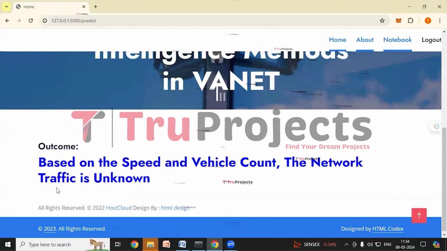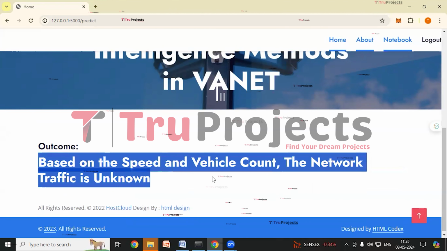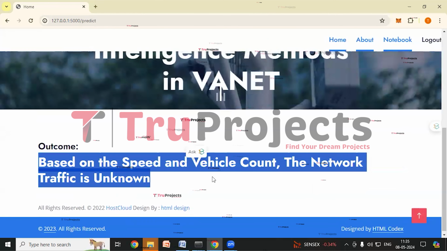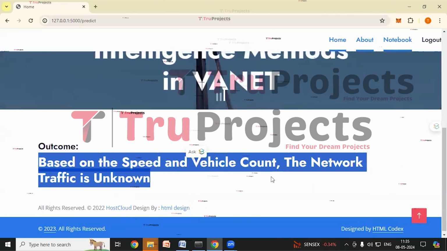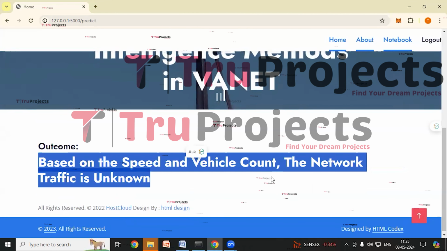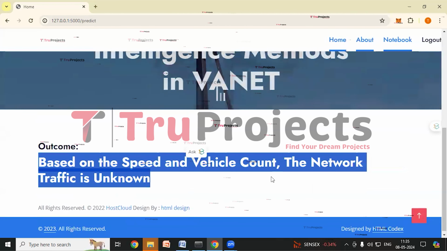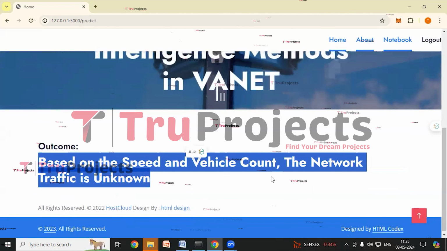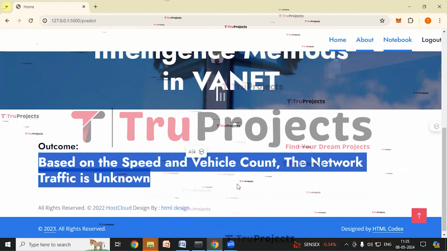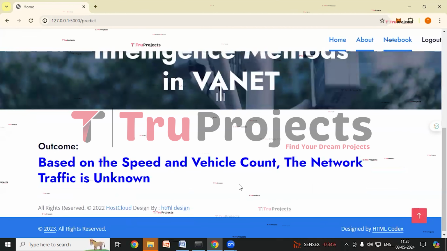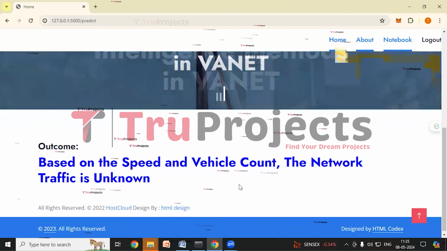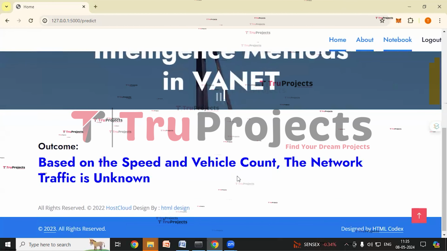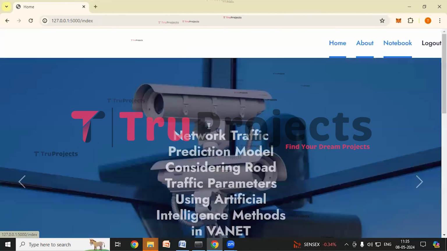So here we can see the outcome that is based on the speed and vehicle count. The network traffic is unknown. Unknown indicates uncertainty in predicting traffic conditions due to insufficient data or unexpected circumstances. So according to the given set of parameters, the application has predicted the network traffic as unknown. Click on home link,